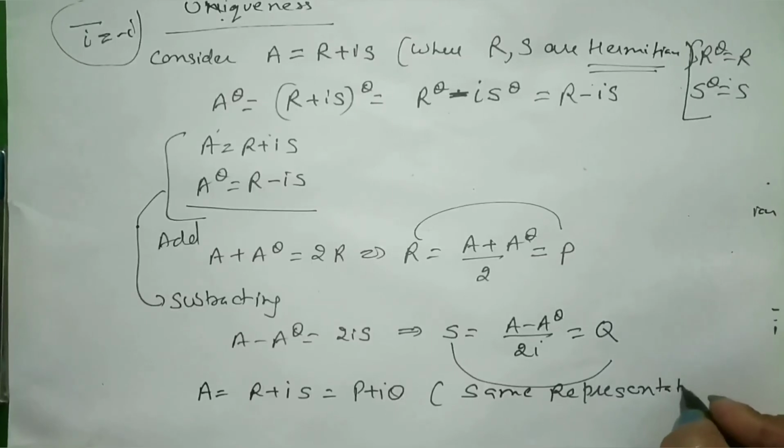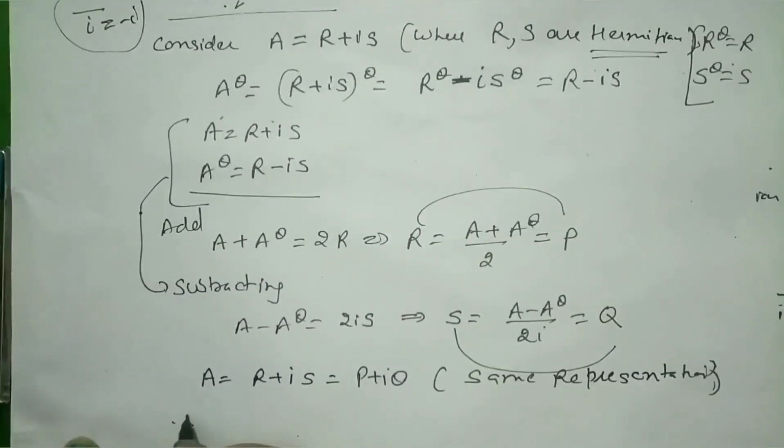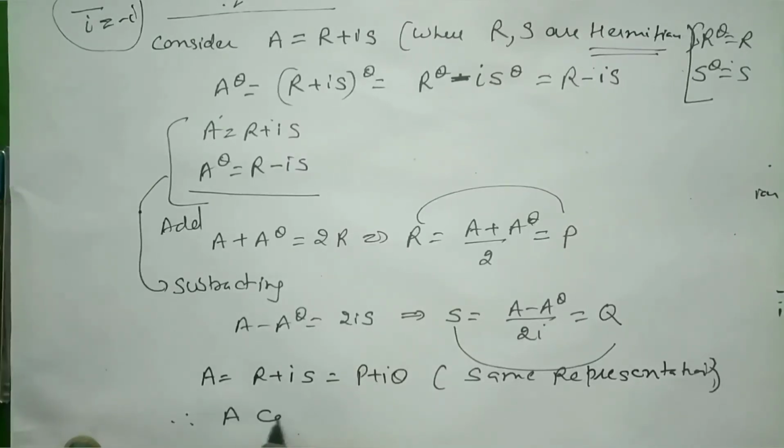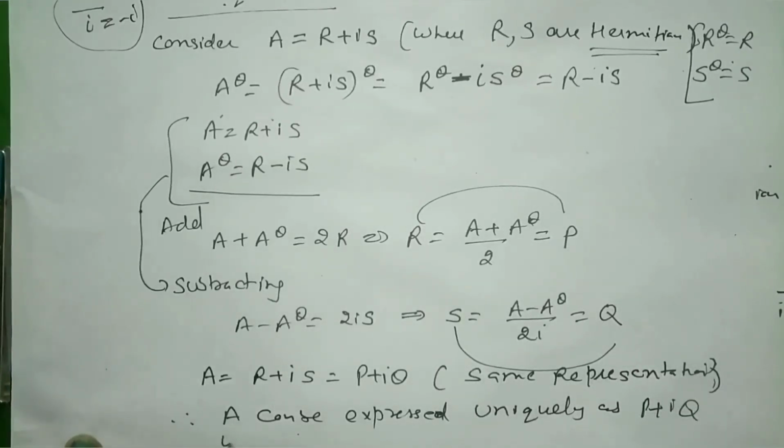We get the same again. So therefore A can be expressed uniquely as P plus iota Q, where